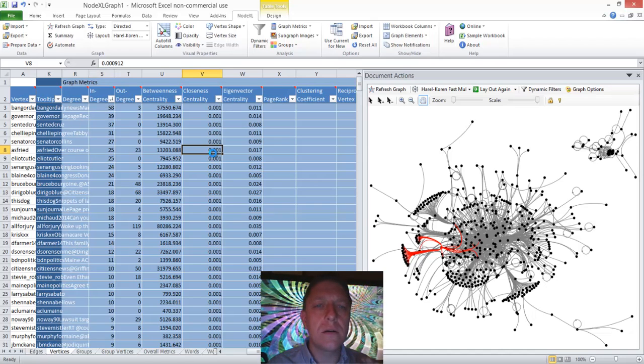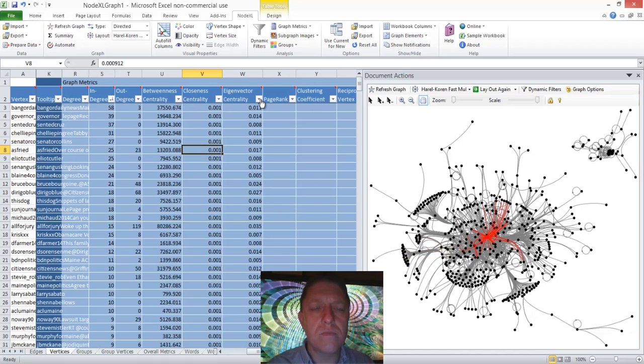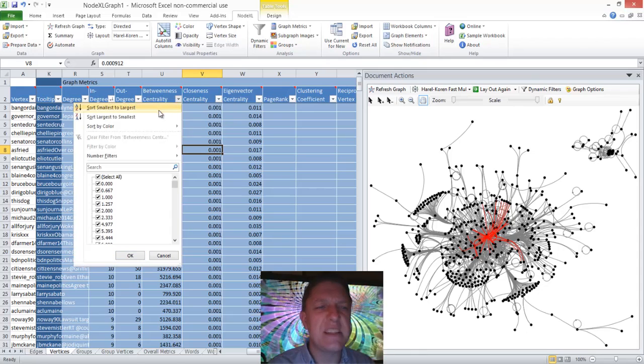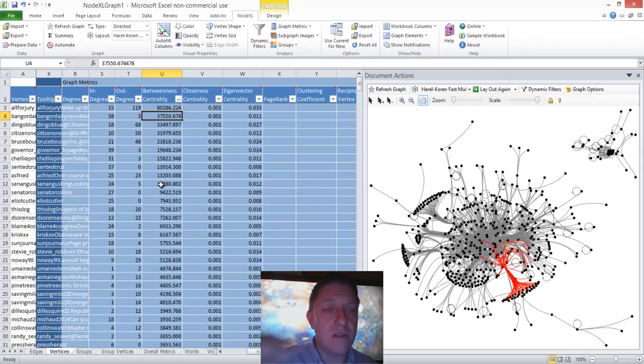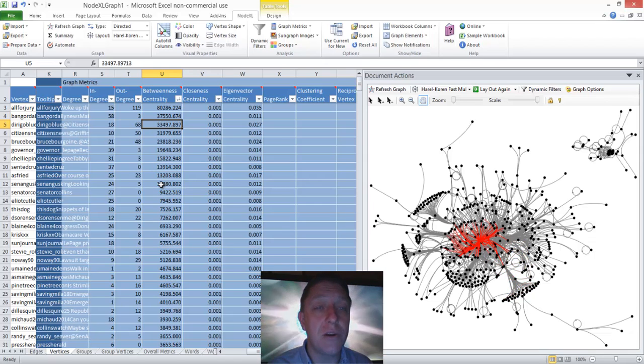Who is the most between? Let's select that. Okay. All for jury. It's right in the middle of conversations, partly because they inserted themselves there, but also because occasionally they are spoken to. Who's next? Bangor Daily News. Okay. They're in the middle of conversations. Dirigo Blue, which is a political blog, comes next. And we can go on down the line.